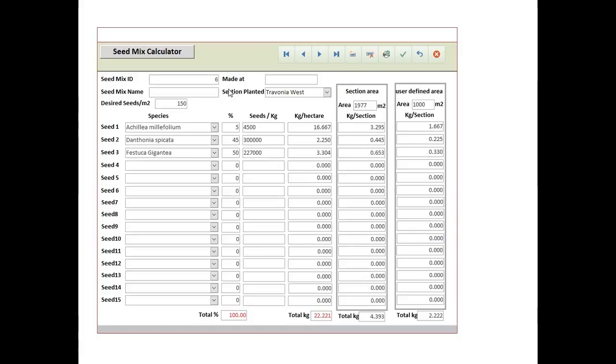We can assign a name for it. Let's say test mix. Let's say it was made today, and then we save the mix. And later in a section screen, we can assign this seed mix to be planted on a section or polygon. So let's see here, we have the total kilograms per hectare, total kilograms for the section, and for the user-defined area. Okay, and you can print the seed mix too,